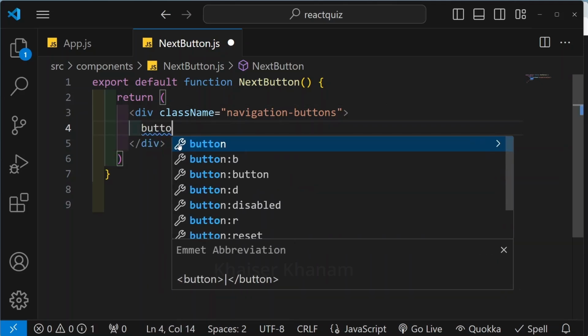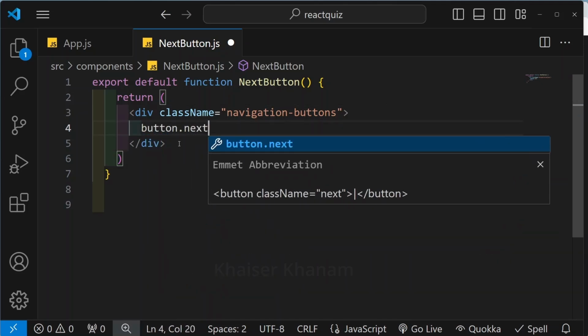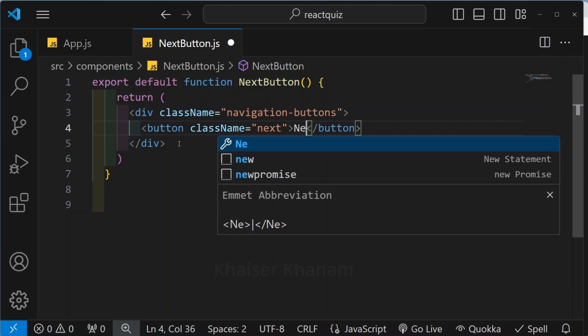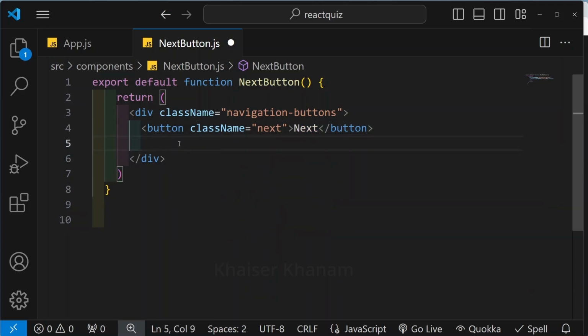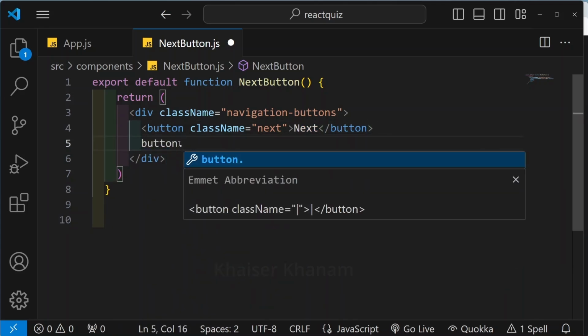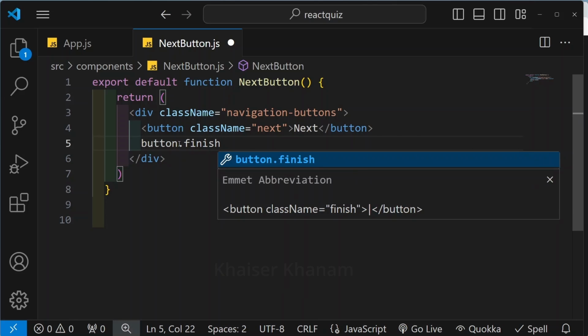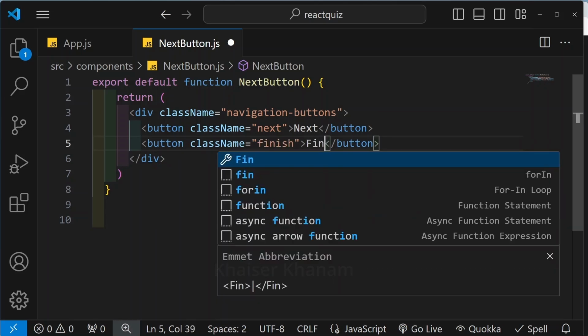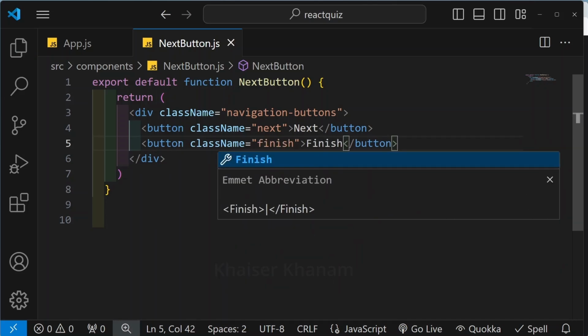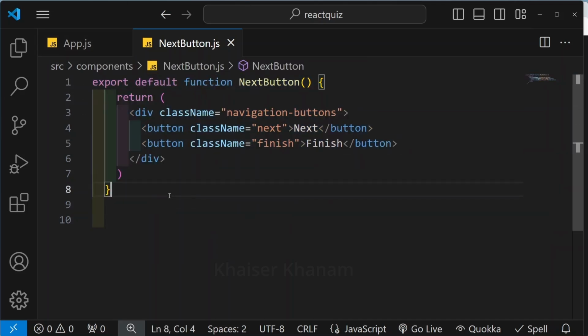Inside this I will write button. For this I will give the class as next. I am going to pass the text as next. Below that I will be creating a button. For this I will give the class as finish. Inside this I will pass the text as finish. Now I am not going to render inside app.js, but later on, based on the user action,